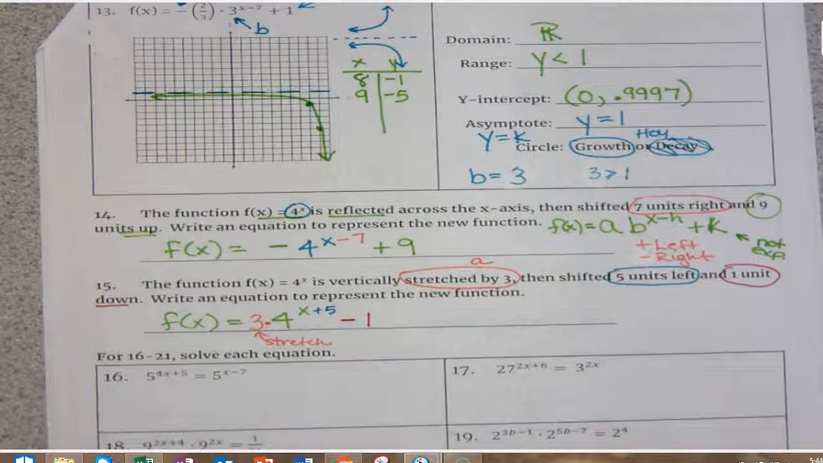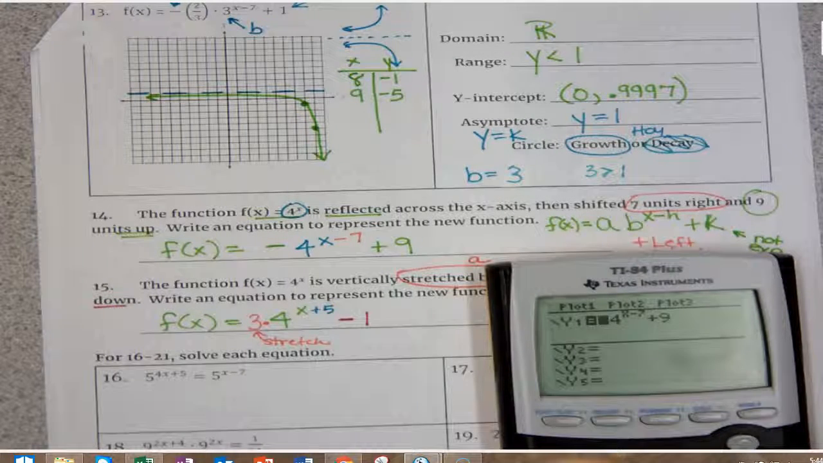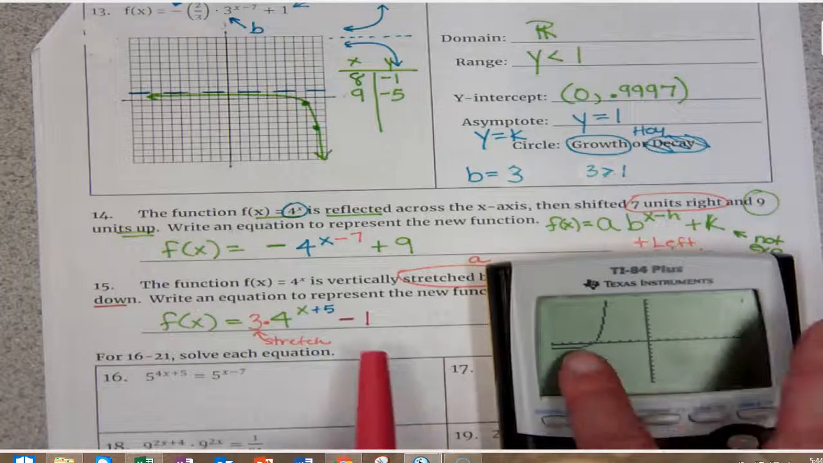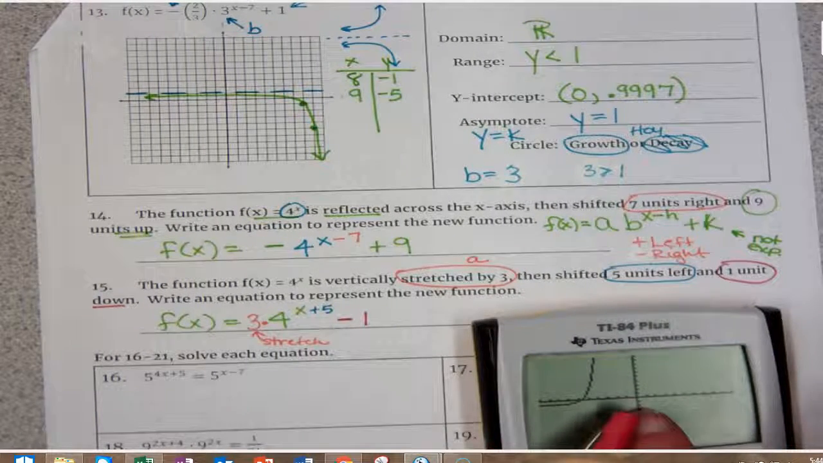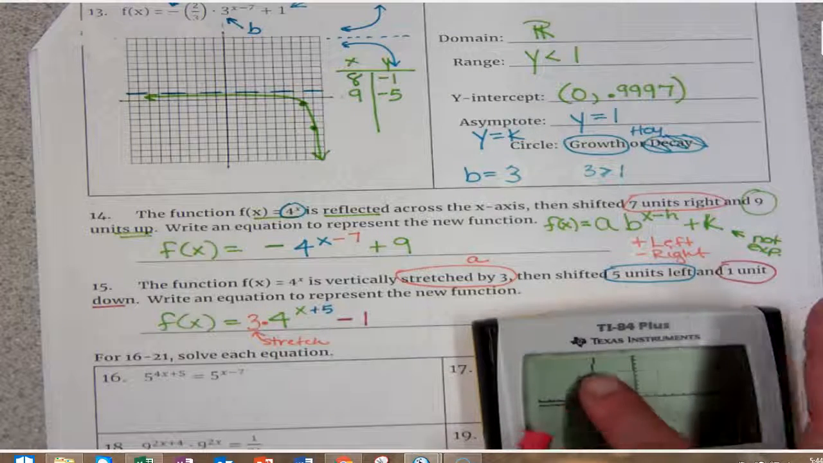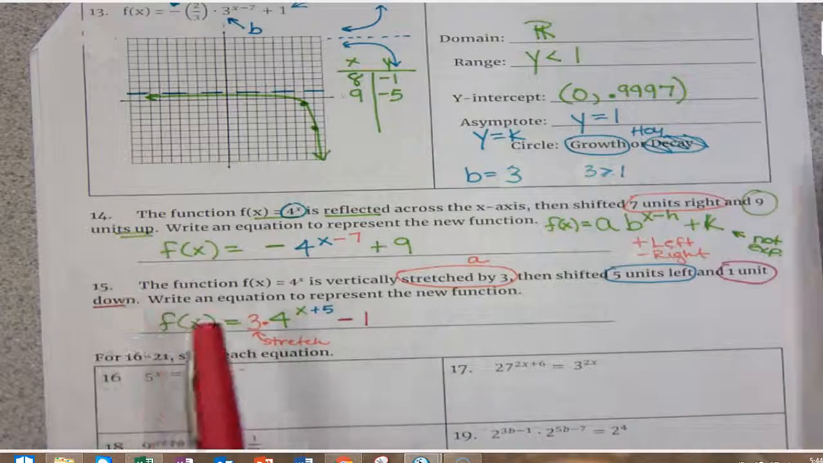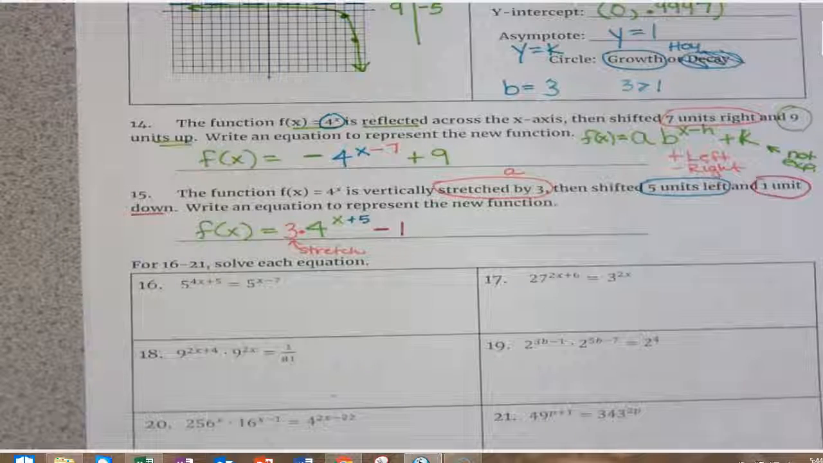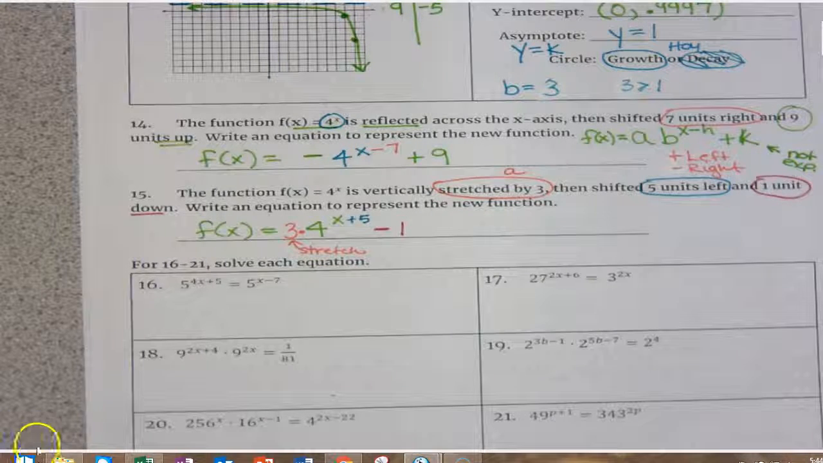All right, and then I would go ahead and just plug that in, pop it in. No need to wonder. 3 times 4 raised to the x plus 5 minus 1 graph. So now I'm looking to see, did it move left 5? Yes. Did it move down 1? Yes. In the stretch, it's hard to tell, but I think that's good. All right, hope that helps. One more video to cover the last